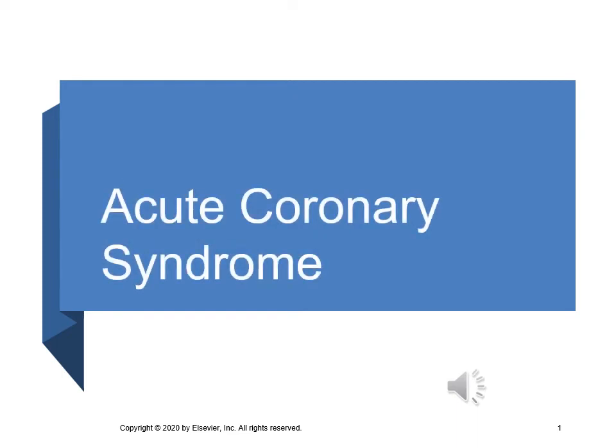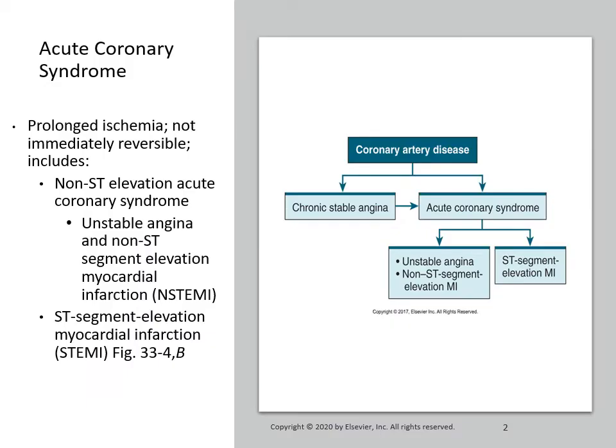When chest pain from ischemia is prolonged and not immediately reversible, acute coronary syndrome may develop. Acute coronary syndrome includes unstable angina, non-ST segment elevation myocardial infarction, or NSTEMI, and ST segment elevation MI, or STEMI. Patients with unstable angina or an NSTEMI may or may not have ST segment depression and/or T-wave